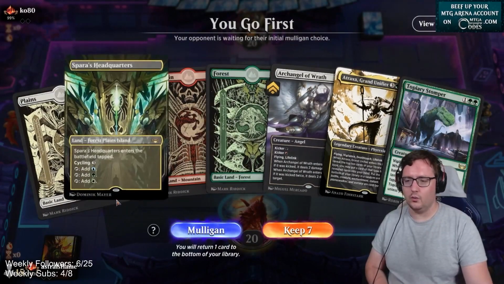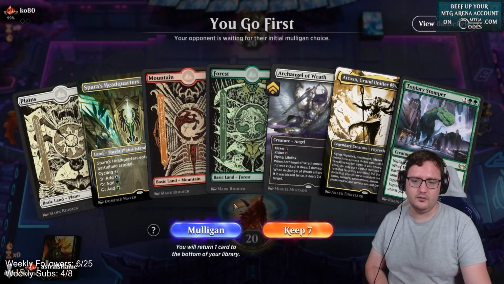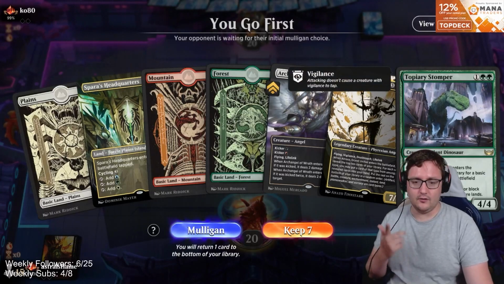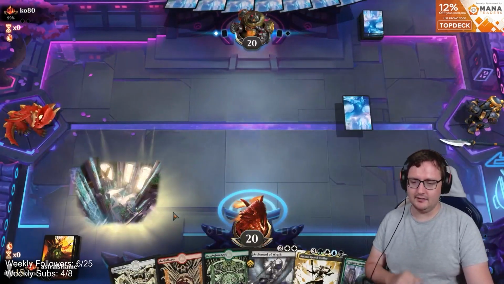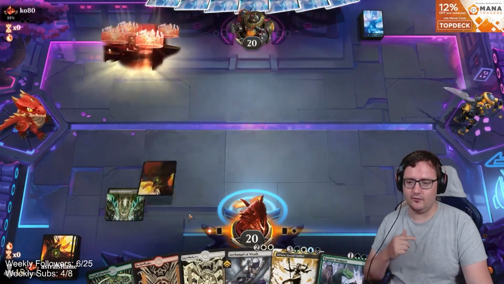Ooh. One tap land, getting everything but a swamp for our domain. We've got an Atraxa and a Stomper can go find us a swamp. This is really good. I'm gonna keep. This is a really good hand. It actually curves out really nicely. Like, I don't do anything for 2 turns, but...